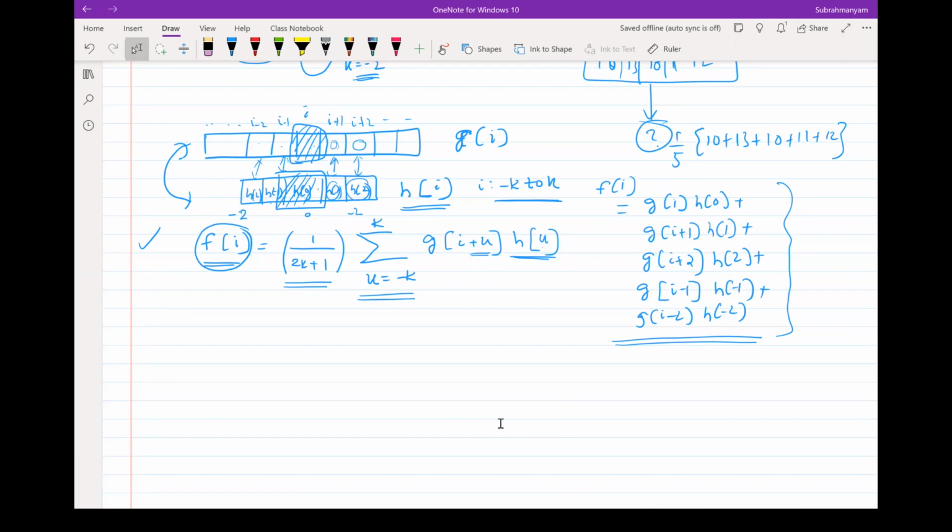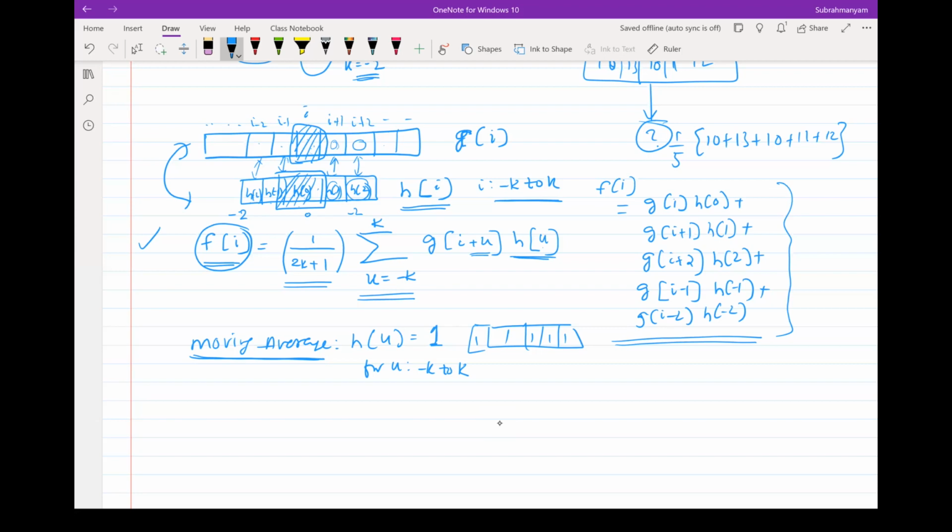For a moving average filter, what should your h of u be? It should be just one. That's it. We are generalizing it so that later you could use it. You will see shortly the benefits of generalizing it. But if you want the special case of moving average, just make h of u to be one, meaning all of these values to be one. Suppose all elements are 1, h of u equal to 1 for u varying from minus k to plus k. Then this is moving average.